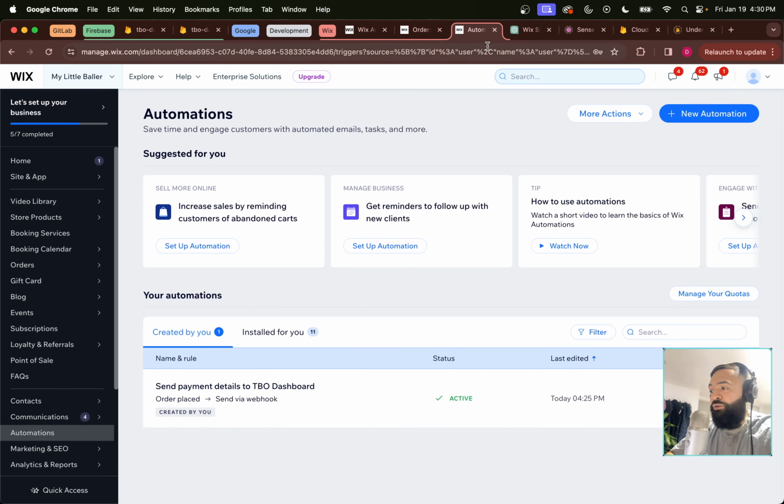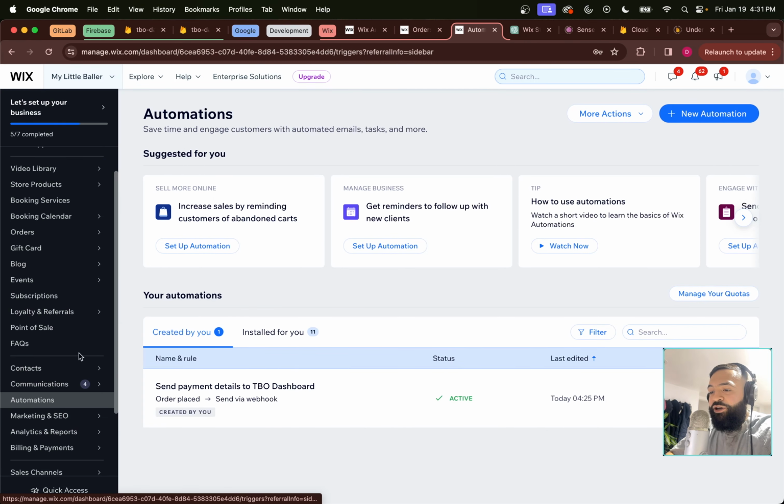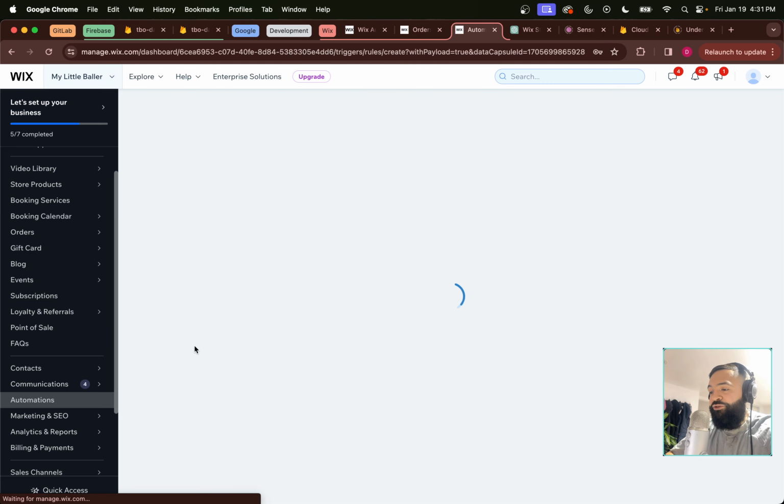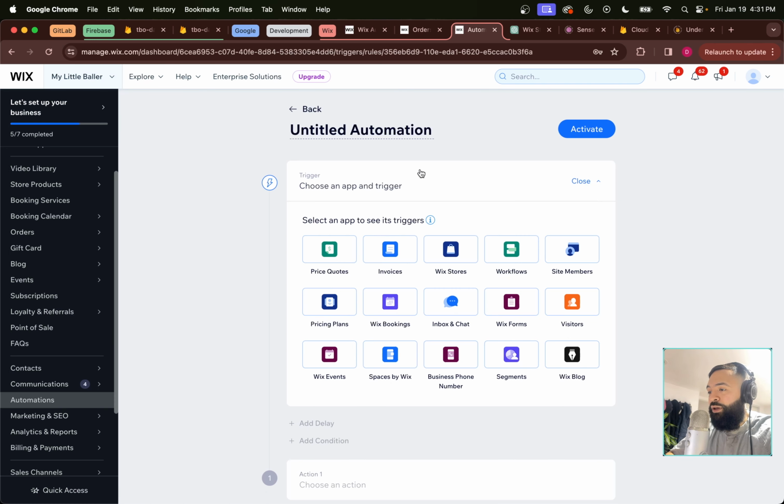So we're gonna go into our Wix dashboard. Click on automations. I'm actually on the automations page, didn't even realize. Click on new automation, and click start from scratch. And again, I'm just gonna show you how I did this. I'm not gonna actually submit this because I've already done it, and I don't want two different webhooks doing the exact same thing. Called the YouTube demo